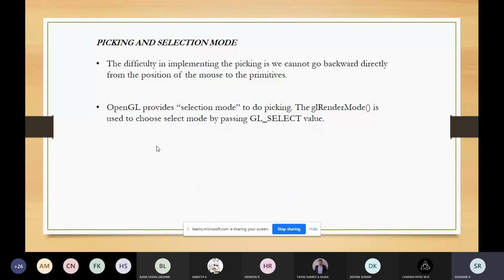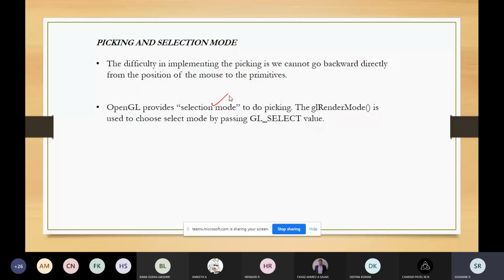One difficulty in implementing picking is that you cannot go backwards from the position of the mouse to the primitives. So for that, OpenGL provides the selection mode to do the picking, where you use the render mode to choose the selection mode by passing the GL_SELECT value.